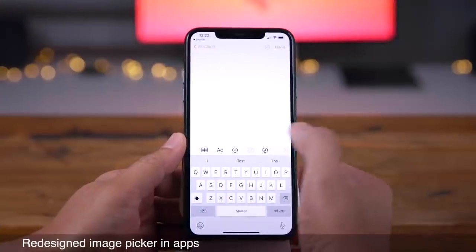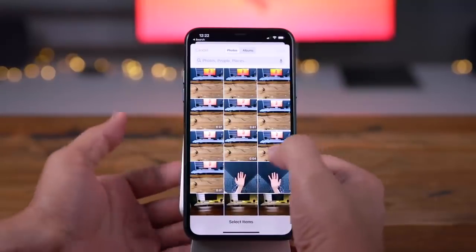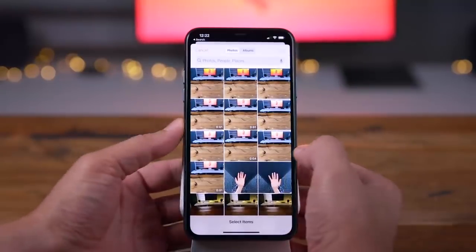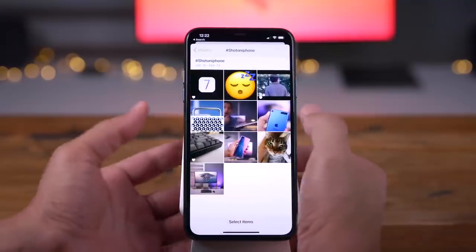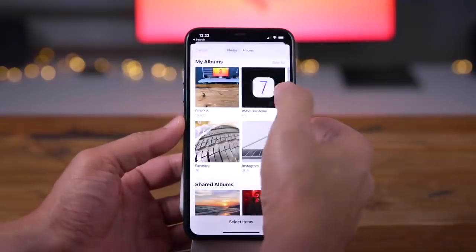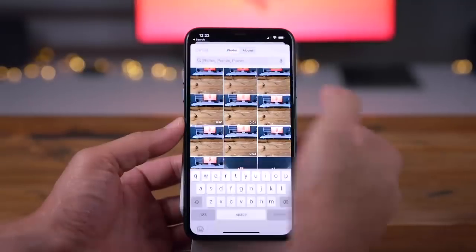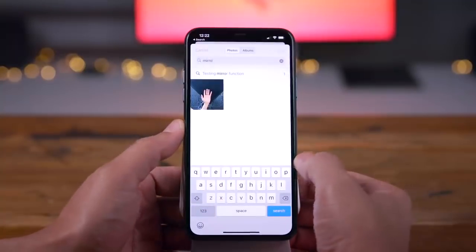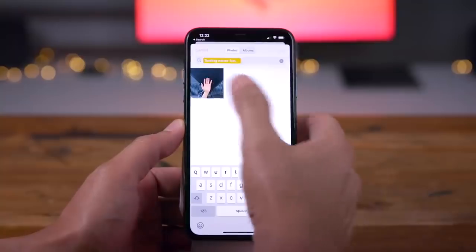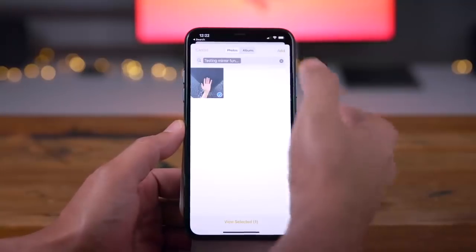And throughout this tutorial, you've already seen the improved image picker, but I just want to reiterate how good this image picker is. So now you can obviously just access all your photos. You can go to albums directly here, which is really nice. You can also do a search and easily search your various photos using all sorts of data, even captions that we set up earlier, and quickly find the photo you're looking for and insert that directly in this note in